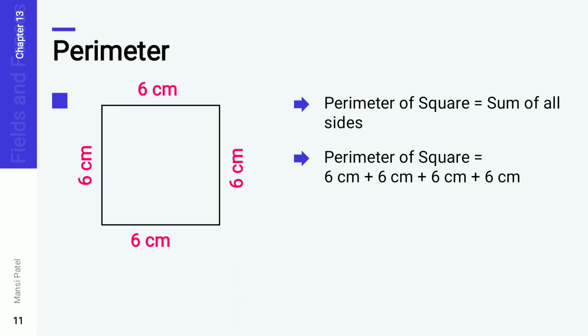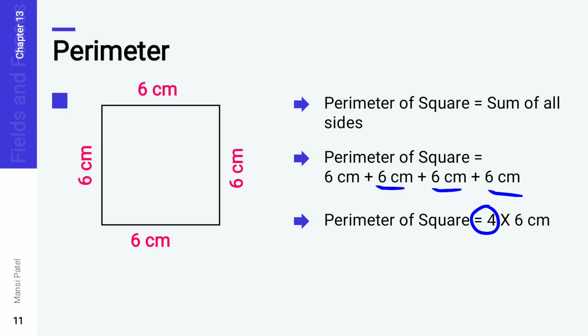So here we are just adding the 6 centimeter. How many times? 4 times. So we can say that 4 multiplied by 6 centimeter. This 4, for what do we write it? Because here we write down 6 four times. See, 1, 2, 3 and 4. 4 times we write down 6. Therefore we write down here 4 multiplied by 6 centimeter. So 4 6s are 24 centimeter.